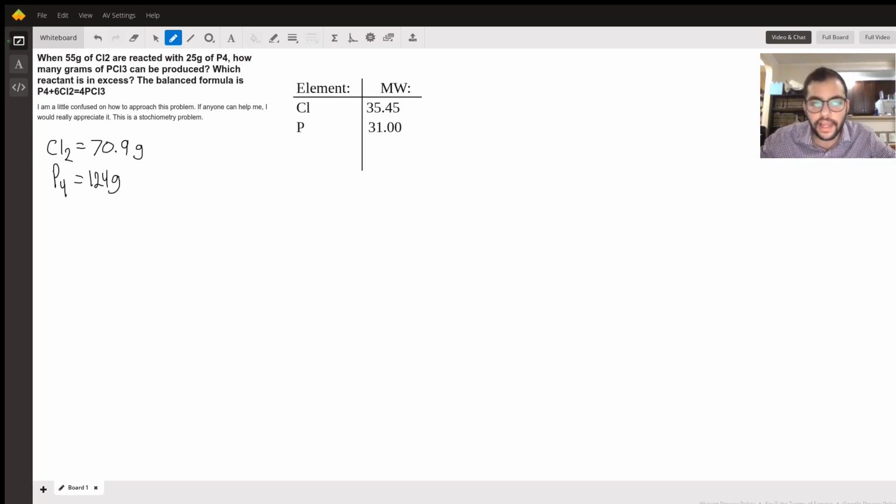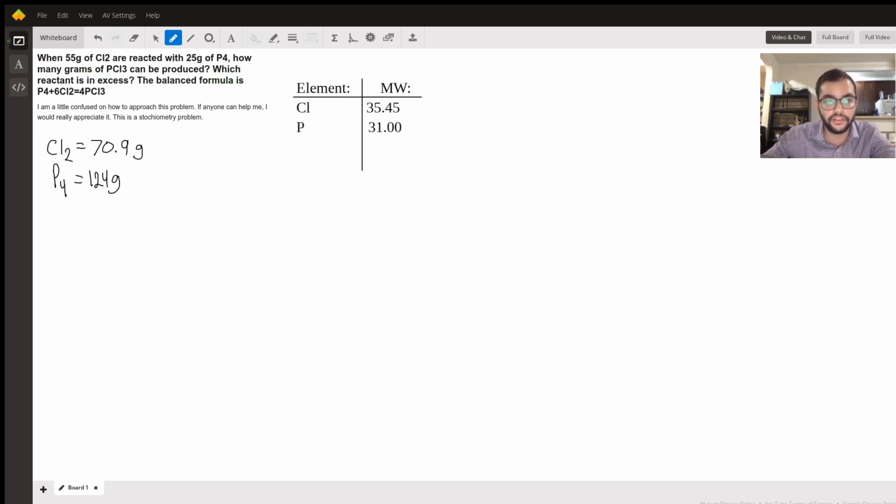So now we know how much 1 mole of P4 weighs and how much 1 mole of Cl2 weighs. And remember, a mole is an amount of something. It's like saying a dozen. A mole is just a number of something. So 1 mole of P4 weighs 124 grams and 1 mole of Cl2 weighs 70.9 grams. Using that, we can figure out how many molecules we have of Cl2 and of P4, and then